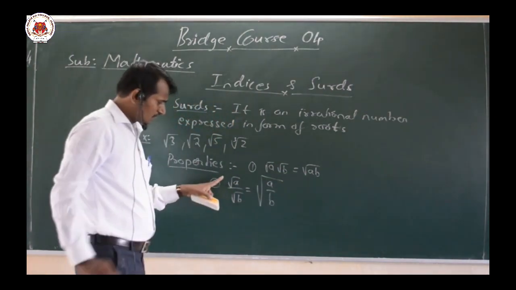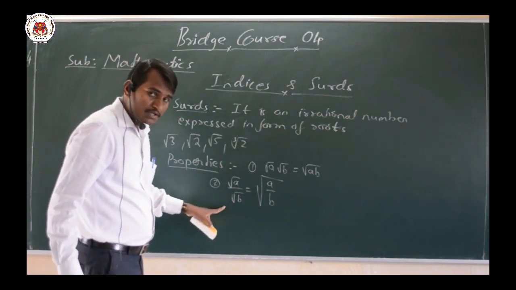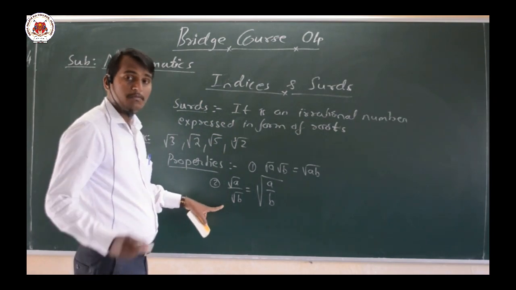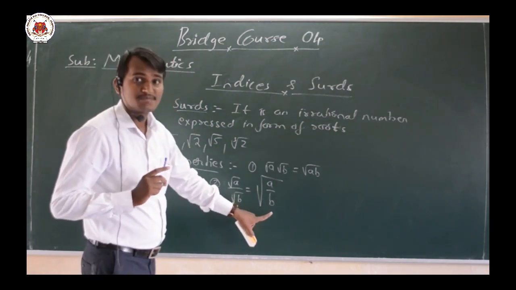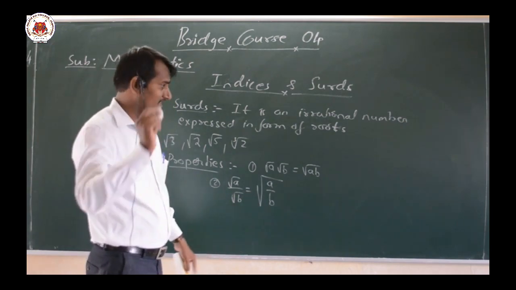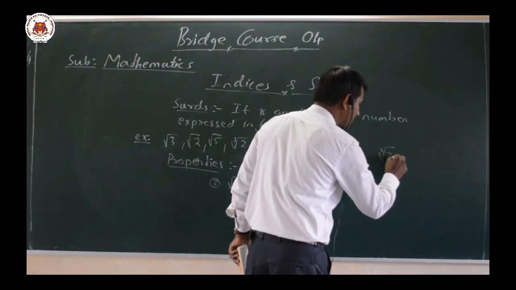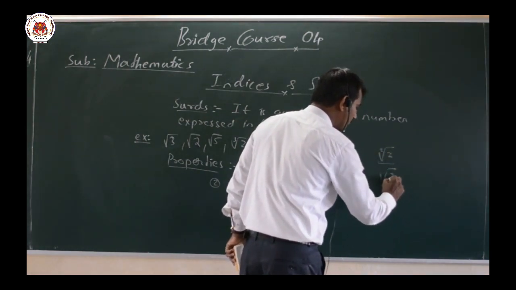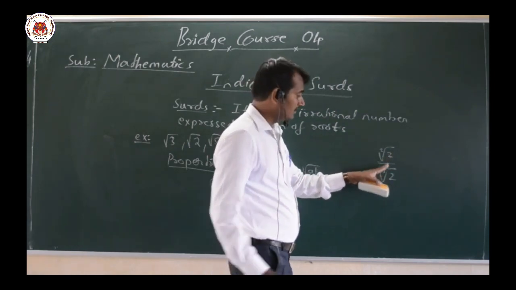Here root means the square root, of course. Both may be cube roots also, or both may be fifth roots also, but both should not be different. If both are different, we cannot express it in this particular format. For example, suppose we have the square root of 2 and the cube root of 2. Whatever the value may be, what is the value here?